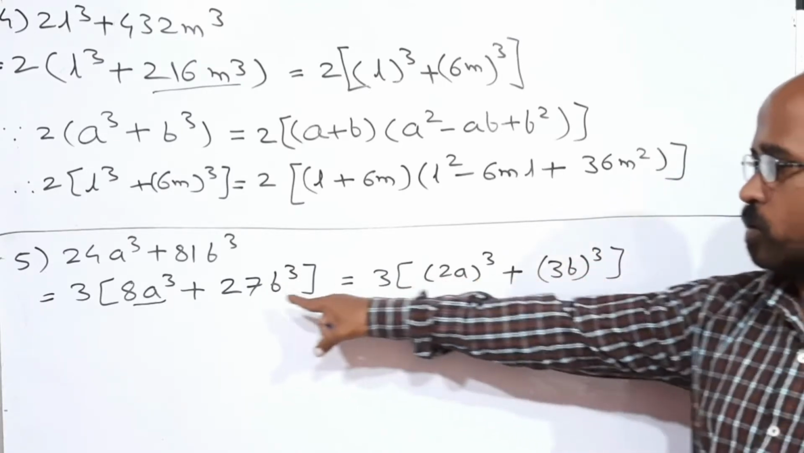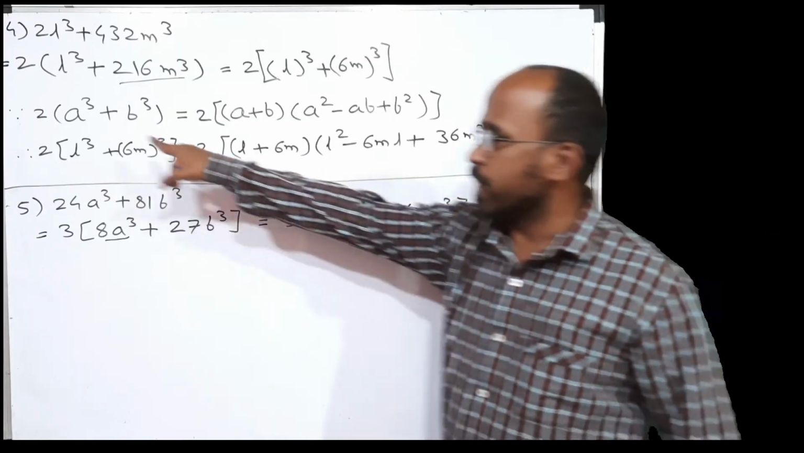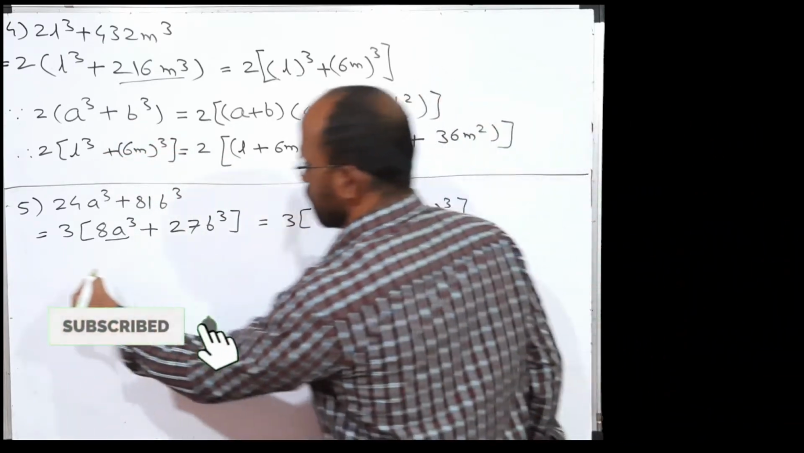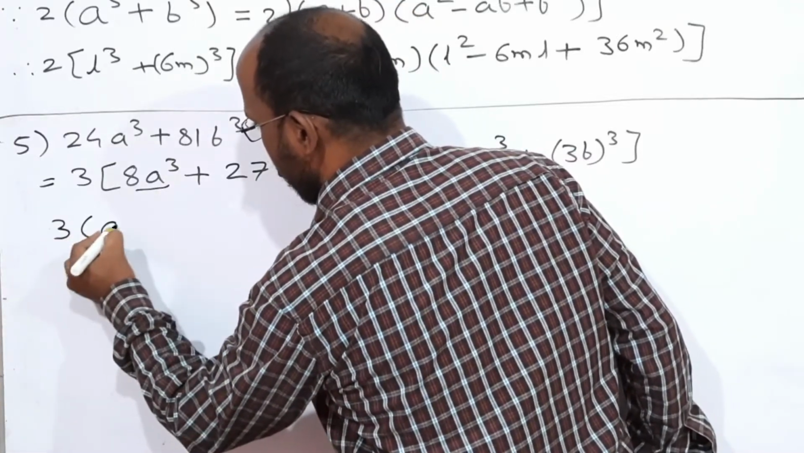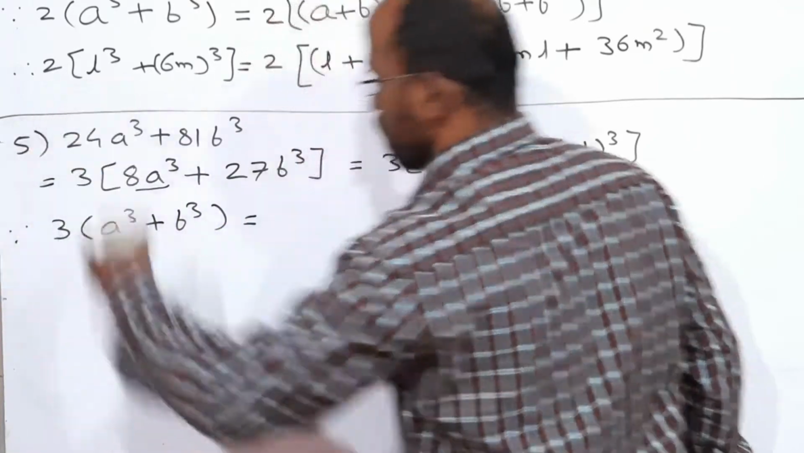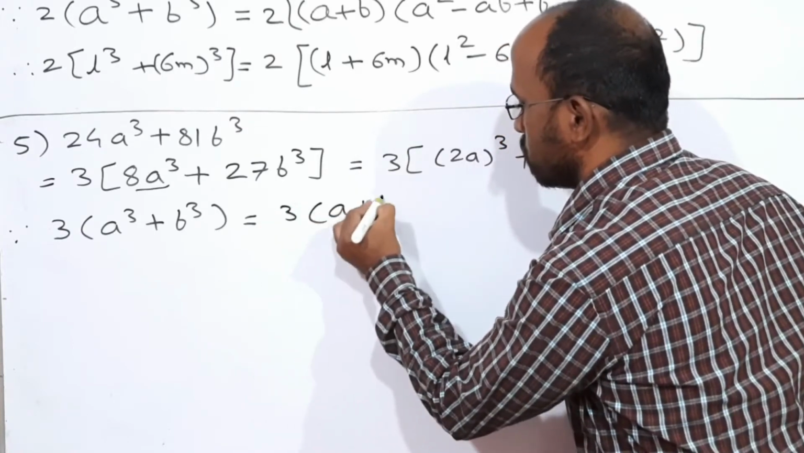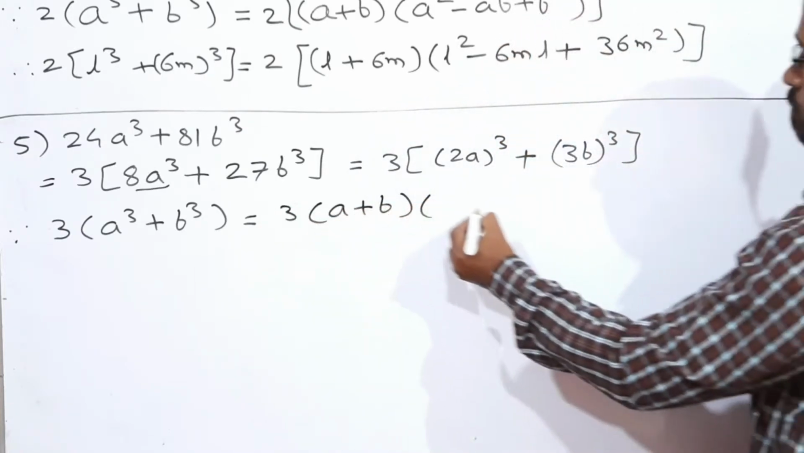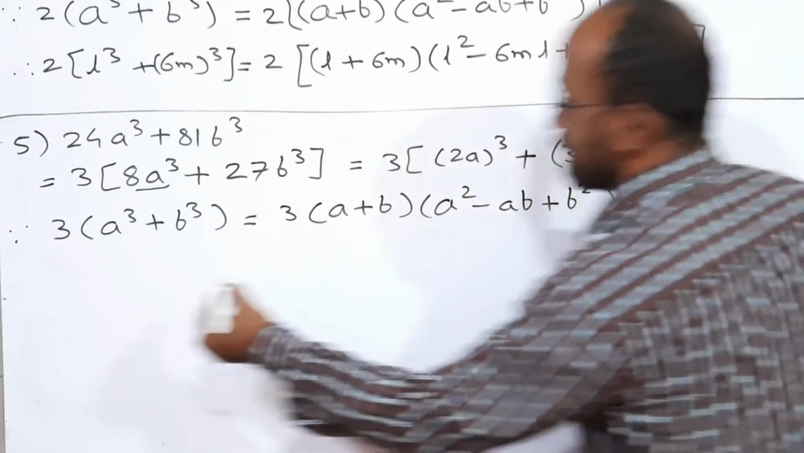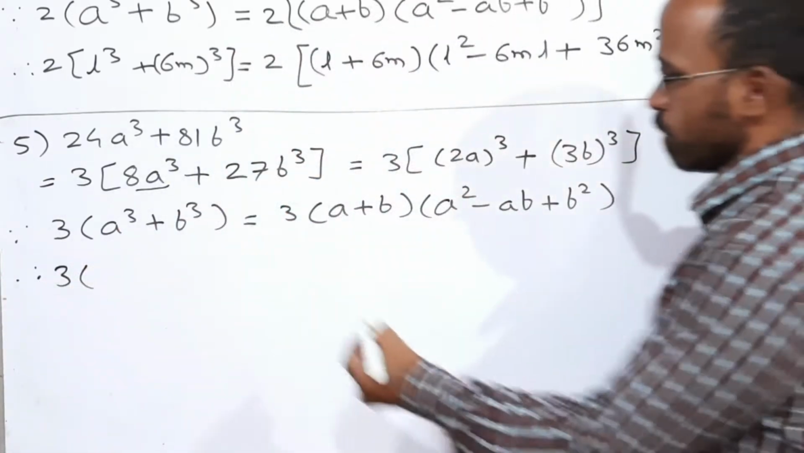So 3b cube is 27b cube. So students, we can use the formula of a cube plus b cube by multiplying it with 3. So let us write the formula by multiplying it with 3. 3 multiplied by a cube plus b cube is equal to 3 multiplied by a plus b into a square minus ab plus b square. Then 3 multiplied by, at the place of a, what is the cube? 2a. 2a cube